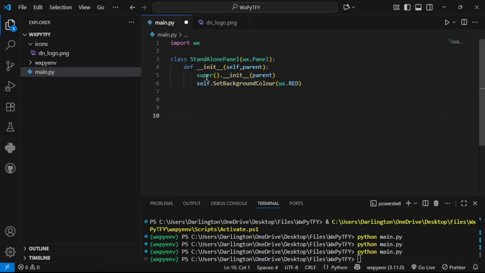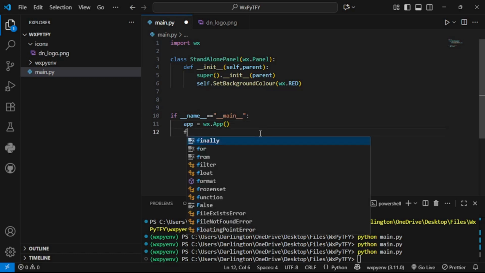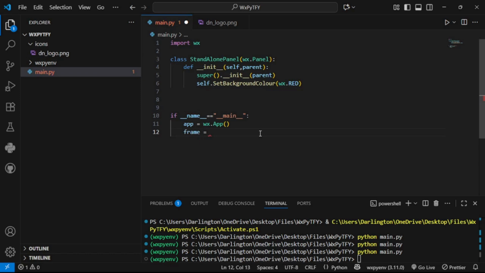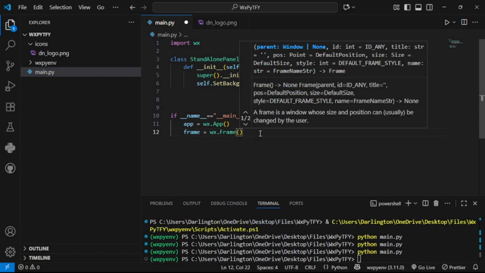I'll come down here and say if this is a top level Python script, that's if __name__ is equal to __main__, create an application object, that's app is equal to wx.App. Then I'll come down here and create the frame instance. So I'll say frame is equal to wx.Frame, and I want the parent to be None